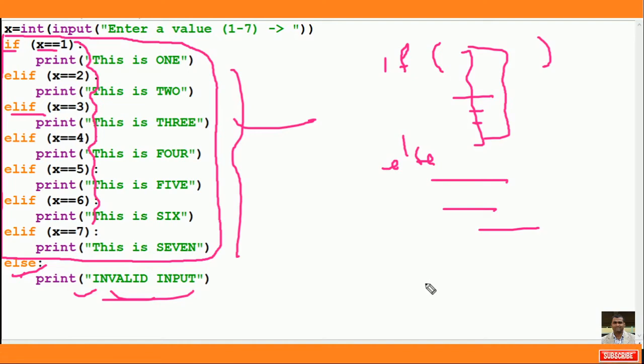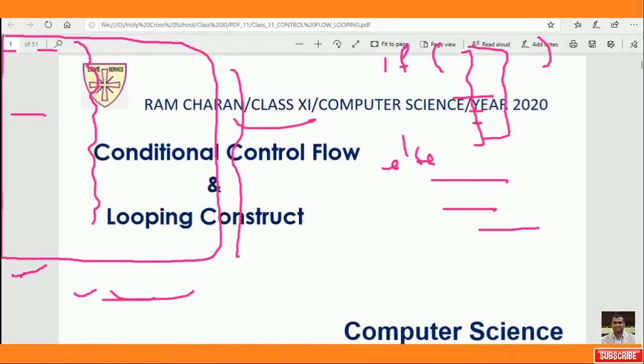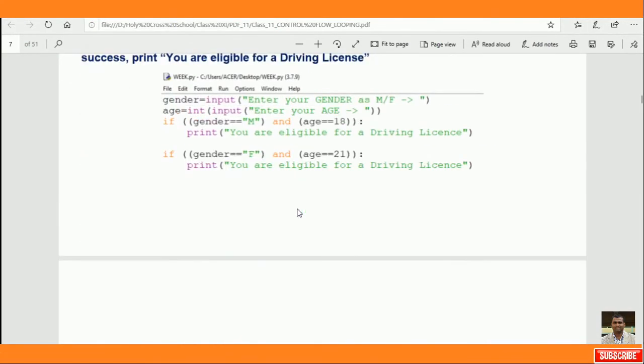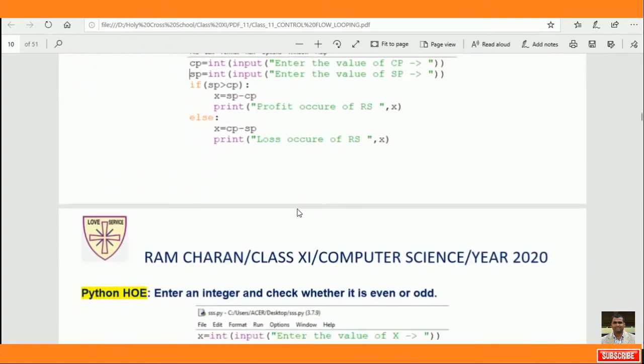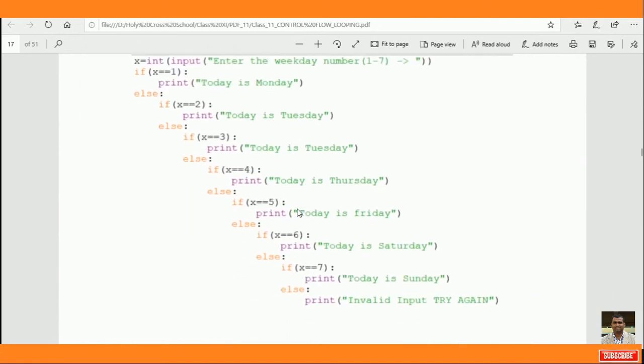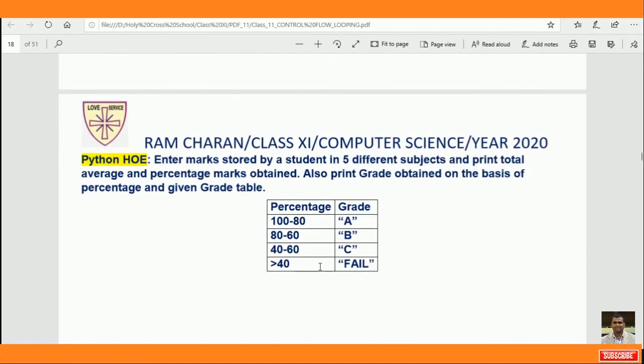Alright. So can we make that same program? In yesterday's class, I think I discussed a question with you: grade A, grade B, grade C, like that. Can you make that answer with this elif command? You see where it is, this structure. The percentage is given, and you have to print the grade. So how do we make that with the elif command?